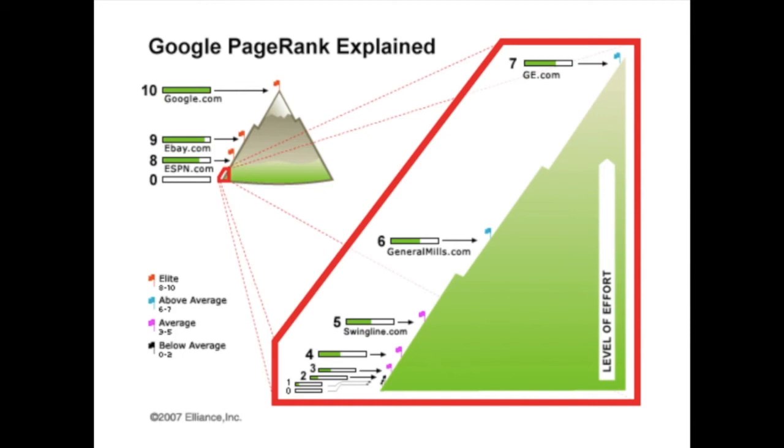Google itself has a page rank of 10, and the higher the page rank of the site that's linking to you, then the better it is. So if you have the BBC linking to your story, then Google is going to give more weight to that and give you more reputation than if a small independent blogger does who's only been writing for 6 months and only has a page rank of 1, for example.